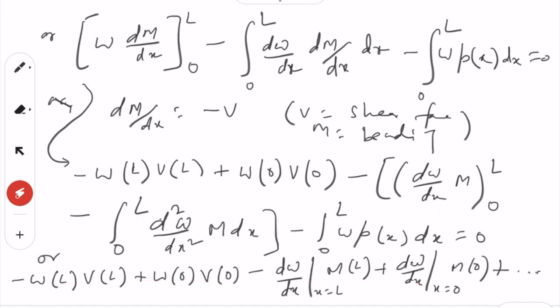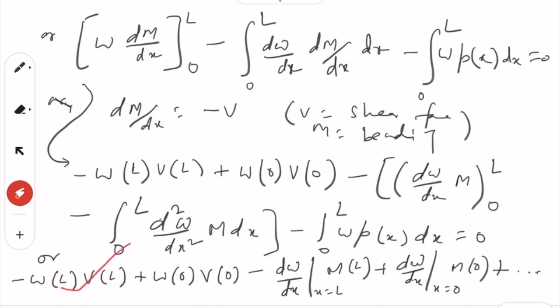Now we can impose, and we know that when u y is given, w will be 0. Yeah. So, we know that. So, that means accordingly we have to choose. So, let us say x equal to L, u y is given, then this will be 0, hence you will get rid of that. Yeah. So, accordingly we have like 4 types of boundary condition. You can see we have like VL. If VL is given at x equal to L,